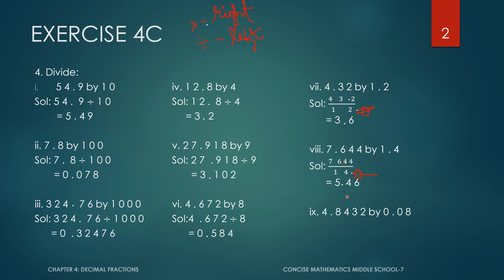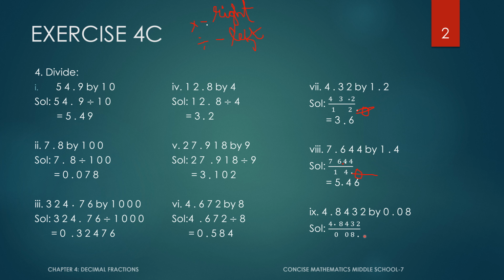I hope it's clear. This is our third question. Even here we have to move the decimal point towards the right by 2 points, because if you move 2 points towards the right side, it will come to an end so that you can remove it. But here you need to move 4 points, but here you cannot move 4 points. If you move it in the numerator, you have to move it in the denominator also. You can't move 4, but if you move 2 steps towards the right, here you can move 2 steps, right? So this is why we are going to move this 2 points